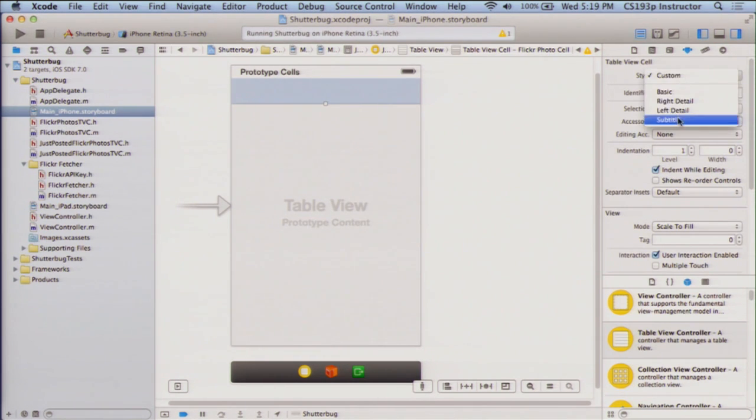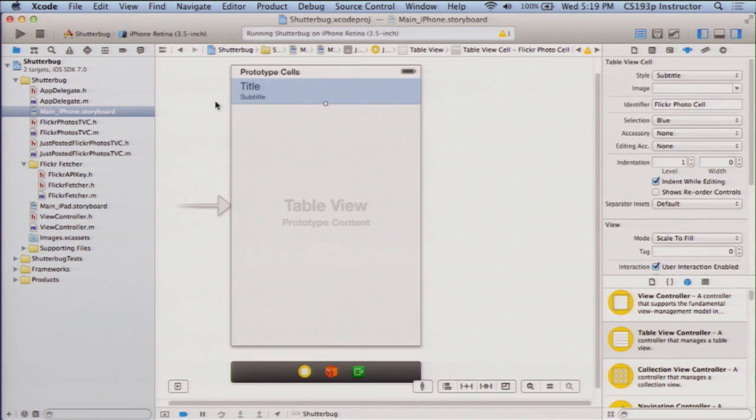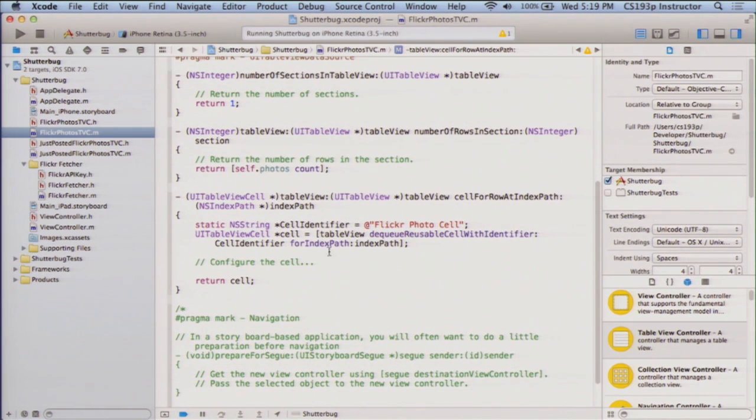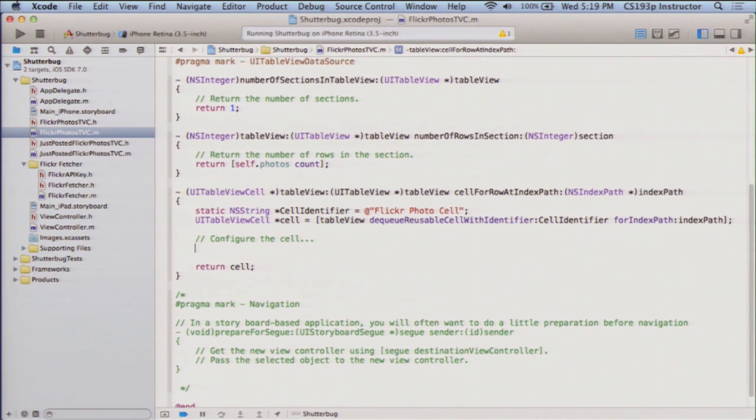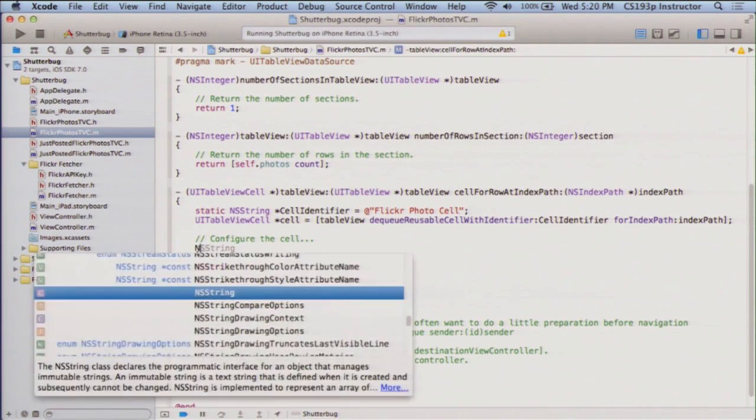We could also, by the way, set this to maybe be subtitle, kind of set this cell up the way that we want, so that the right thing gets copied. Okay, so we have the cell now from the dequeue reusable cell with identifier there. And then we need to configure the cell. Well, to configure the cell, we need the information from our model. So we need to get the